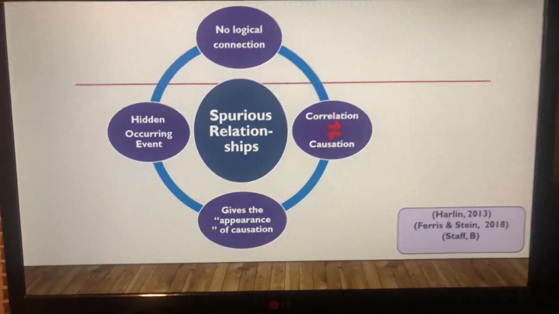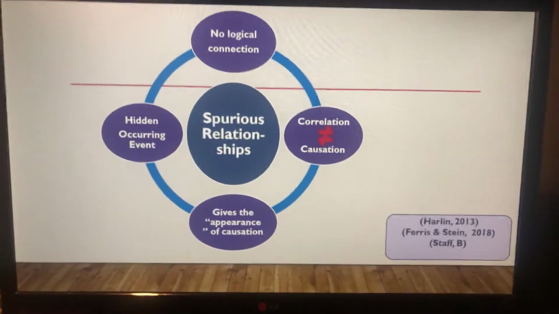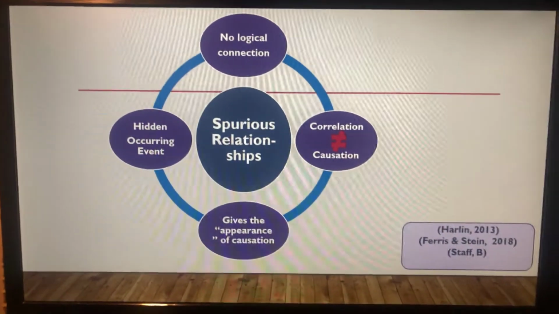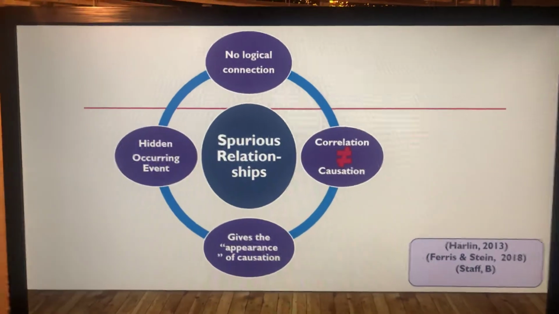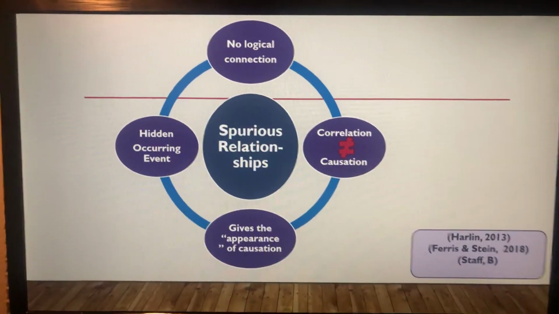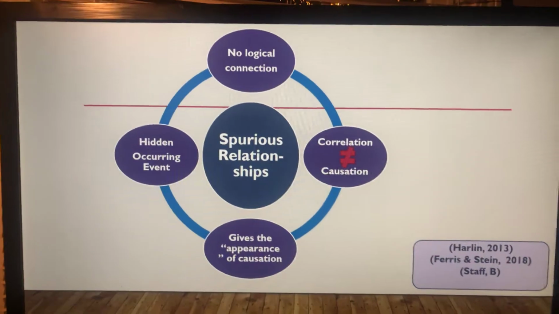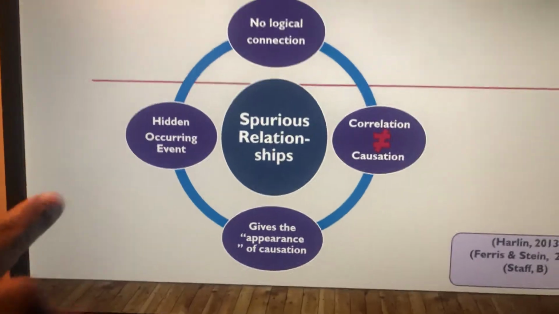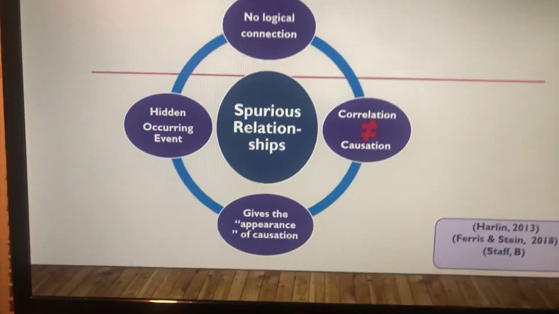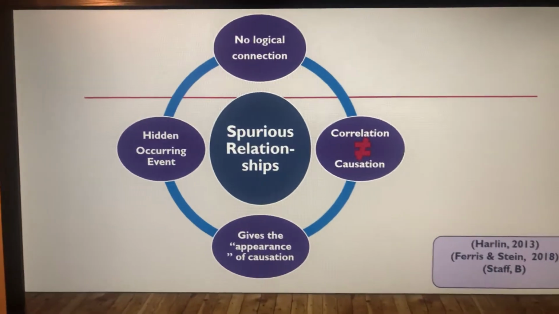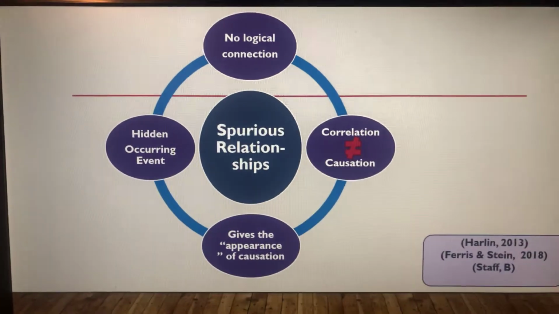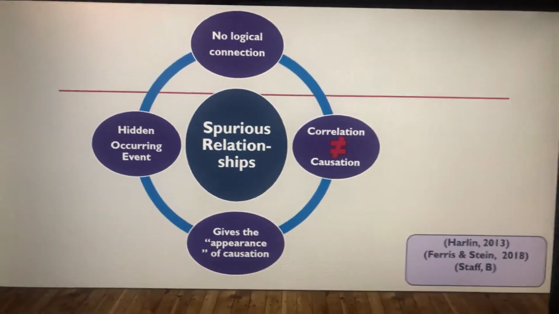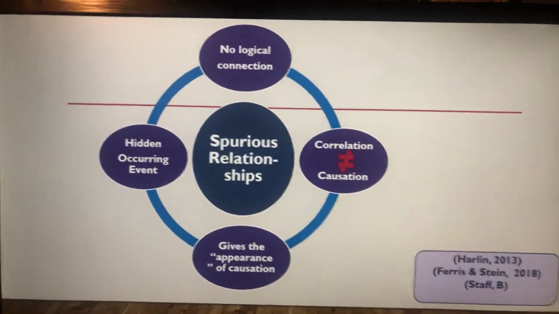Here is a little chart showing some of the characteristics of a spurious correlation. They normally have no logical connection, meaning that although it may look like there is a correlation or that they are related to one another, essentially they are not. They are normally impacted by what we call a hidden occurring event, also known as an intervening variable. This is what normally causes it to seem like there's a correlation, but actually it's not